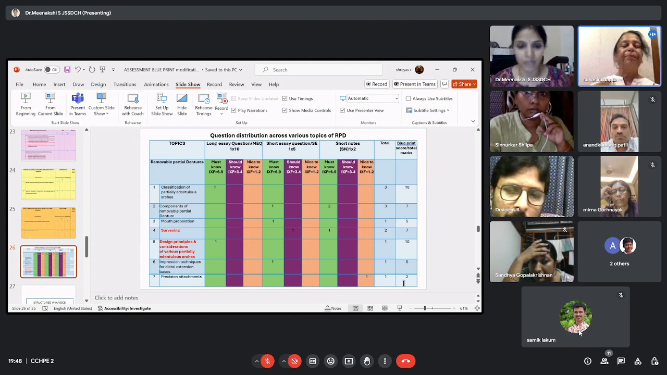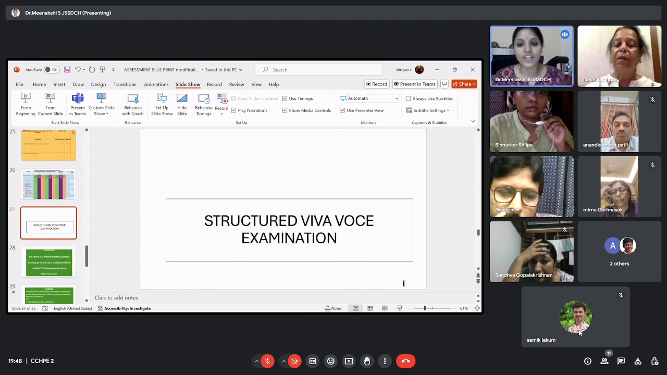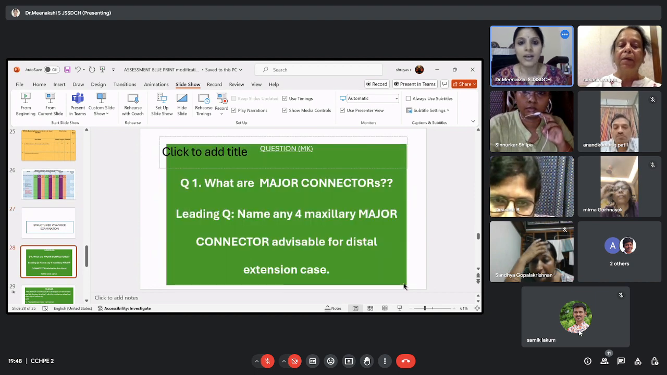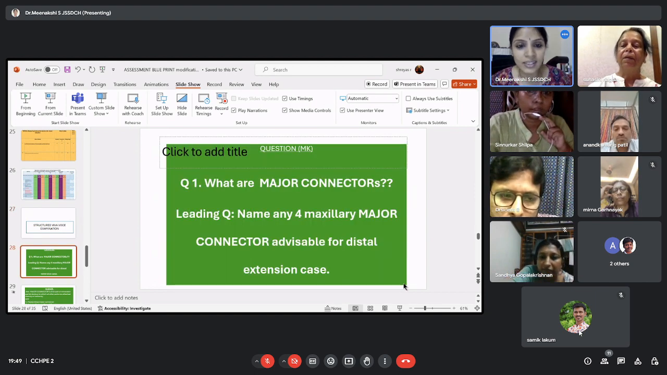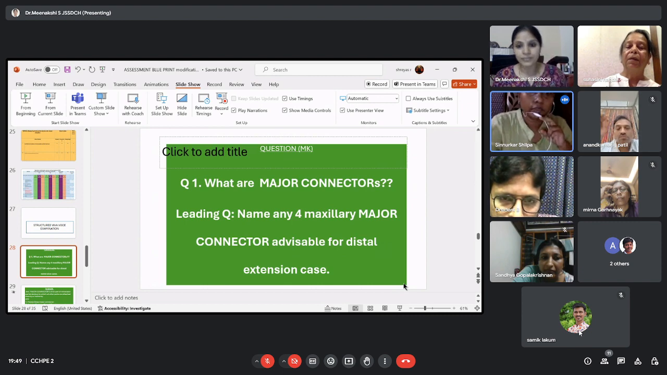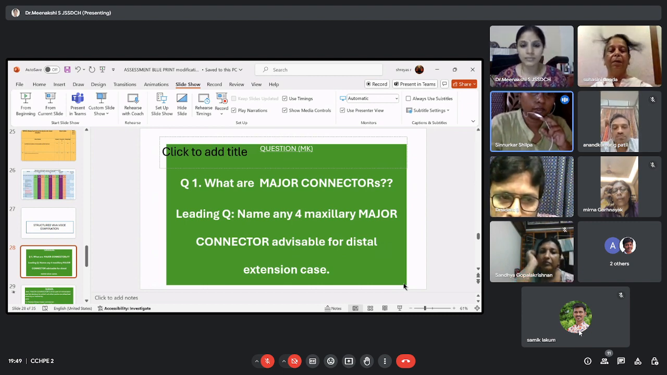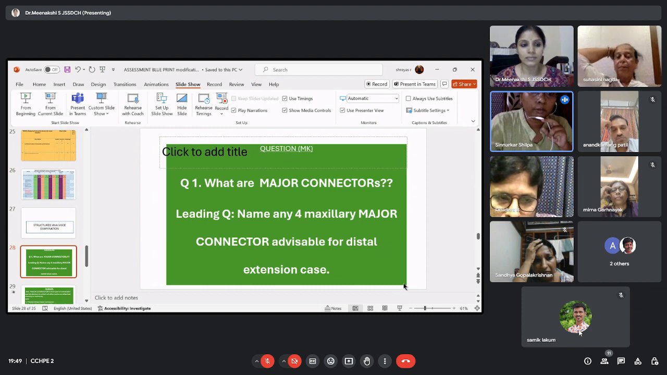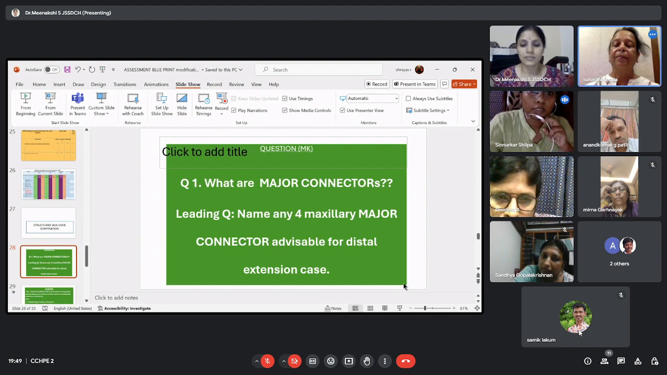Okay. So next, coming to structured viva examination. Shilpa, would you like to highlight this? Yes, ma'am. So the structured viva examination, we have divided into three segments, ma'am: must know, desirable to know, and nice to know. In this, if the student answers the first question, then only we will ask the leading question. If the student fails to answer the first question, then we'll skip to the next